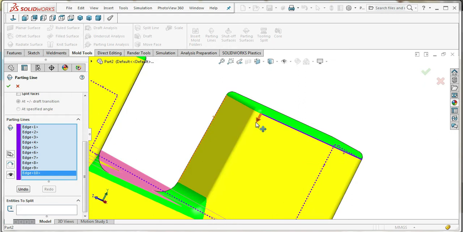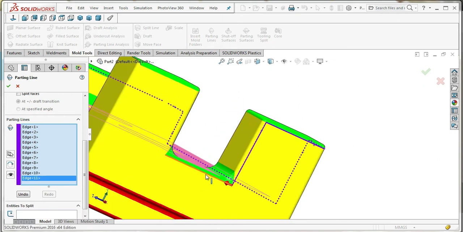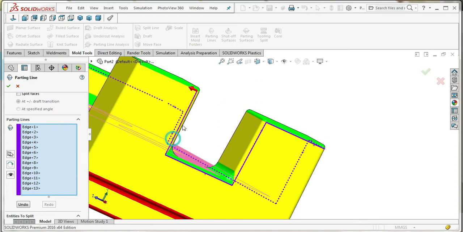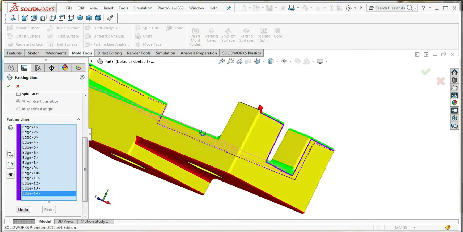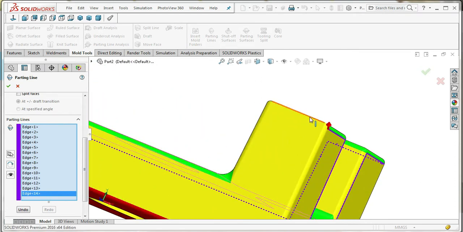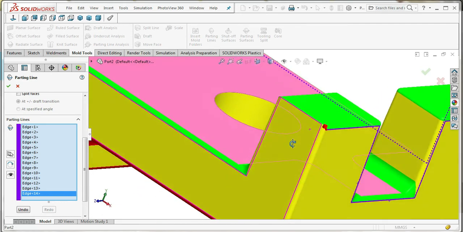It automatically creates the line. The direction is indicated by the arrow mark. It's very easy.